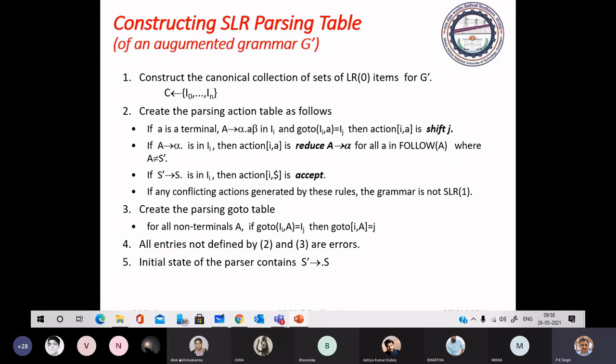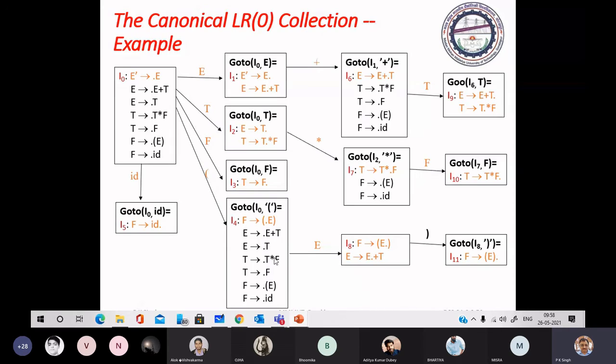One thing I have already told you is that each of the item sets will say about a certain state of the parser. What it means, you just see any initial state. If you are at this state, it means you may be at any of these positions. These remaining items say about the possible positions you may be.